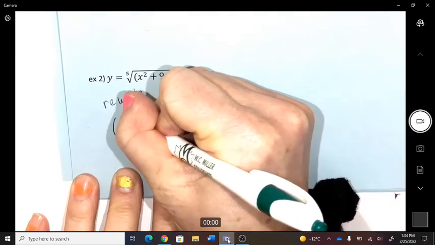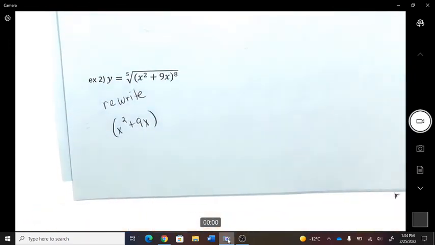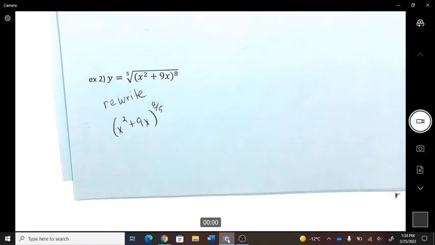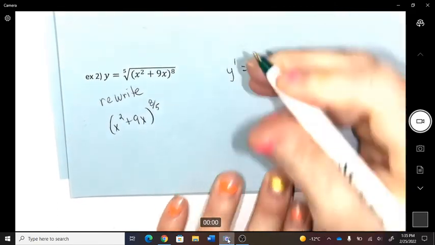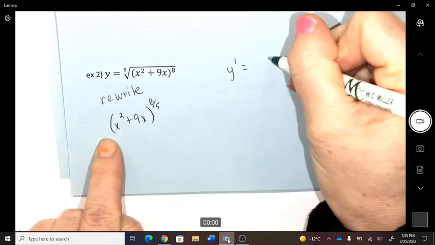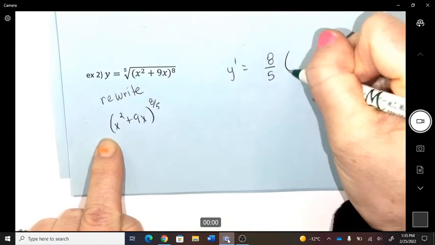So x squared plus 9x to the, what do you want to put up there? How do you rewrite that as just an exponent? 8/5. It's the 5th root, so that part goes on the bottom. Okay, so I rewrote it. So now let's derive it. So what's the front times the top? So 1 times 8/5 is 8/5 of those